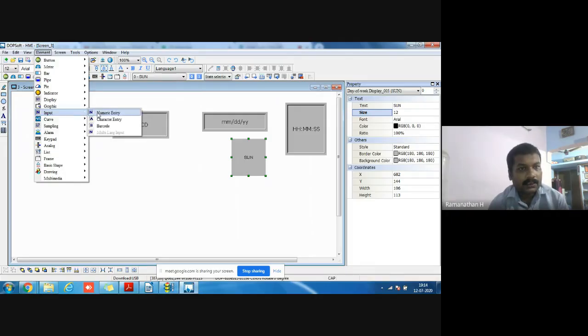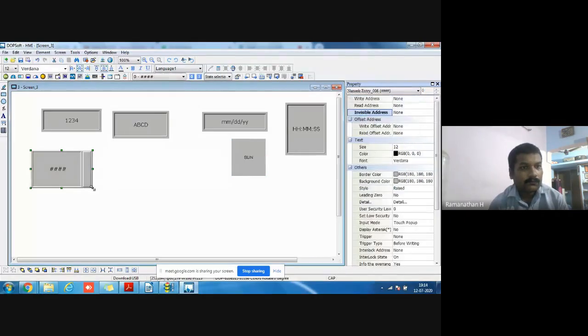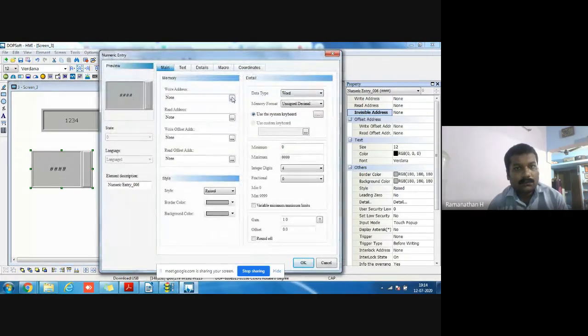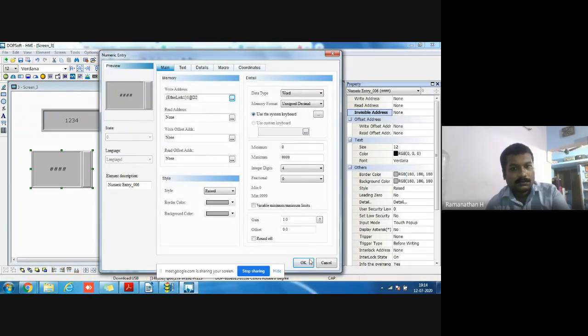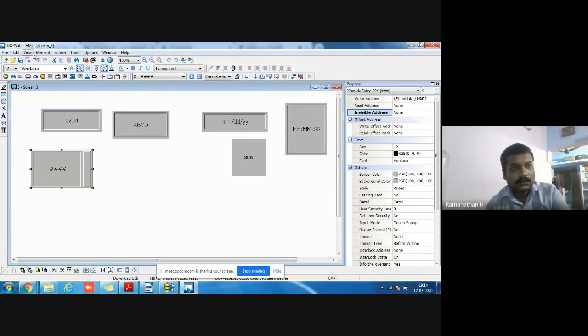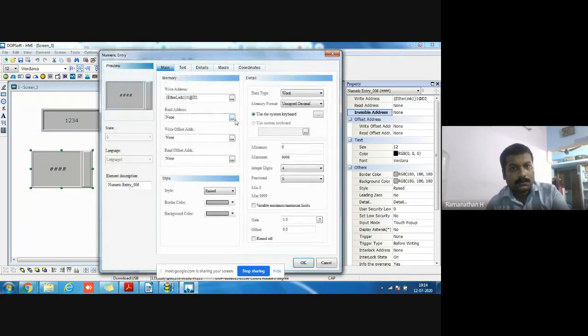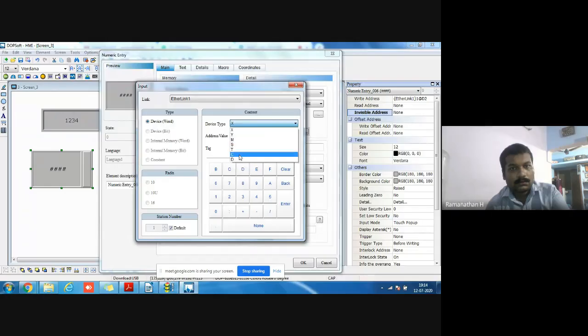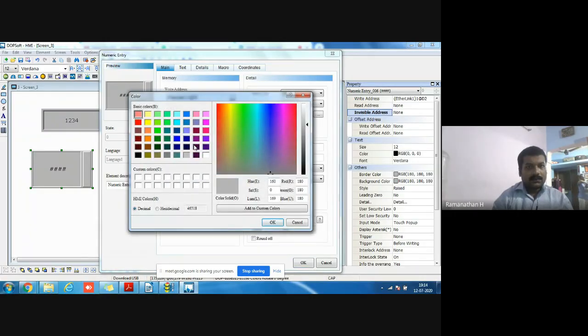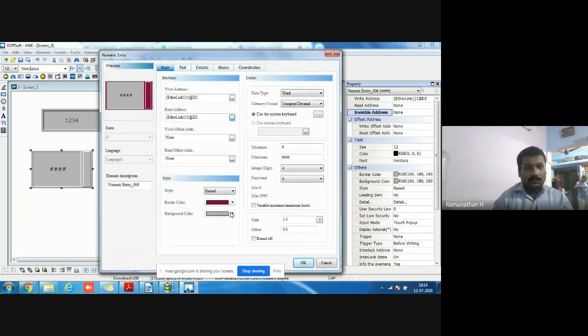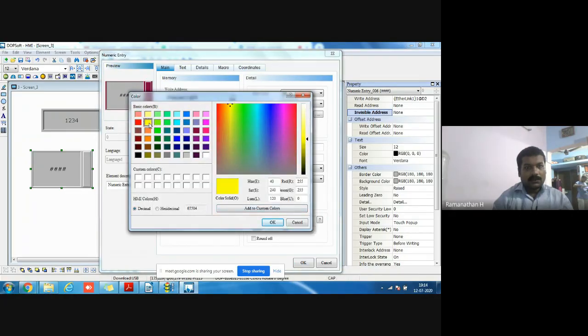Then input, numeric input. Input in the sense we need an address, any one of the addresses. If you want to animate it, put the background as more dark, background as yellow.